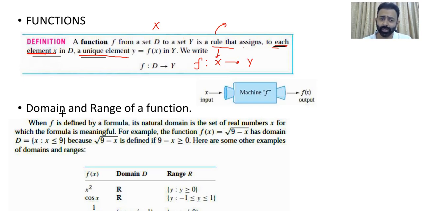Okay, the next topic is domain and range, right? Before that, let us learn one more concept, which is the vertical line test. What this vertical line test is, it is to test that not each and every curve can be called a function. So for the mapping which is one to many,